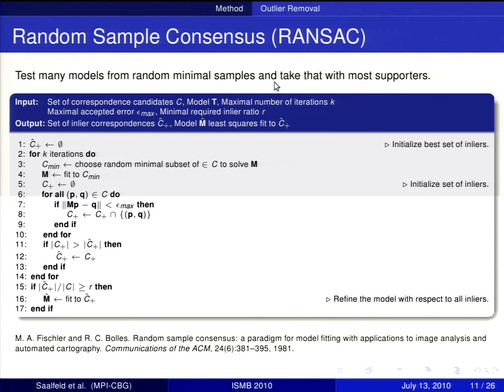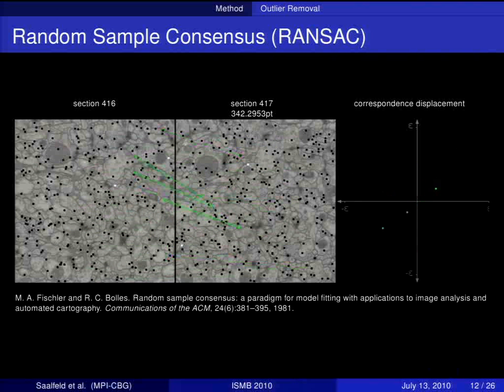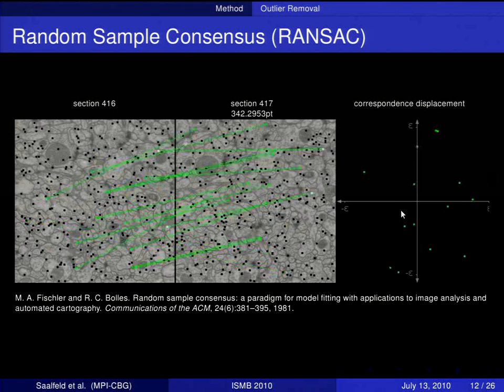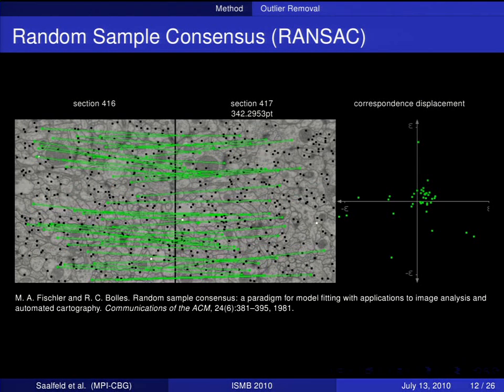If it's below the threshold, they're inliers, and otherwise they're counted as outliers. For the two sections, the corresponding pairs, it chooses two random points, for which transformation you don't need more, and tests all the others. And here on the right side, you see the error distribution, and for all the bad matches, this error distribution is wide